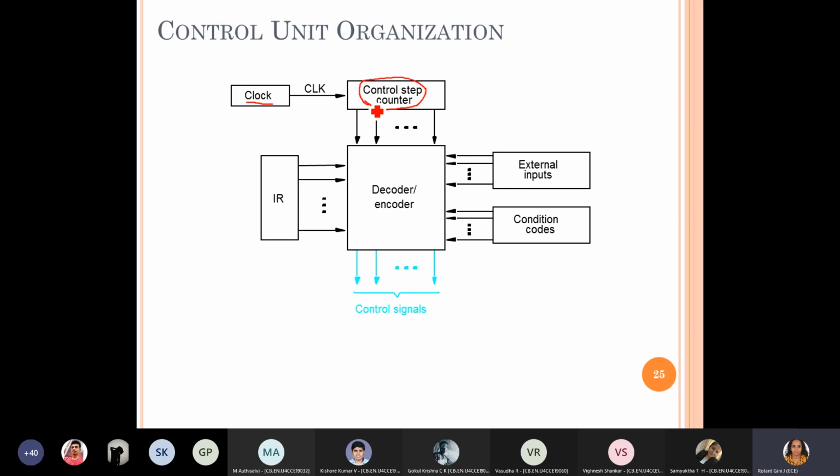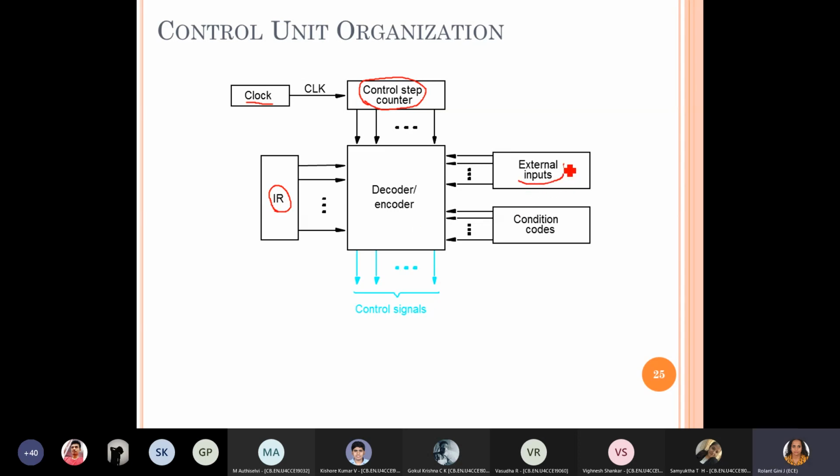For example, in T1 you will be enabling PC out and MAR in, right? And at T3 you will be enabling MDR out and IR in. Okay, so when you know what clock pulse it is, you get an idea of what set of control signals needs to be enabled. This is only one input. Again, what set of control signals you enable depends on other factors also, like what instruction it is, right?